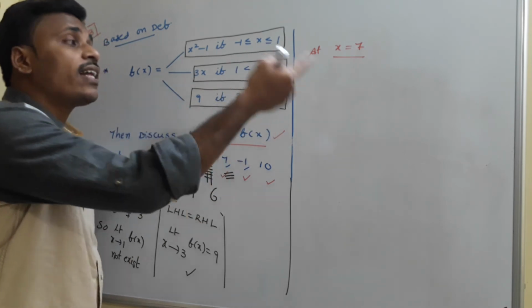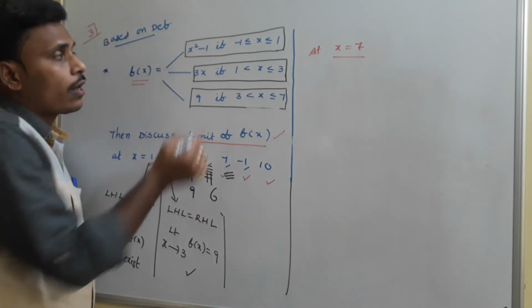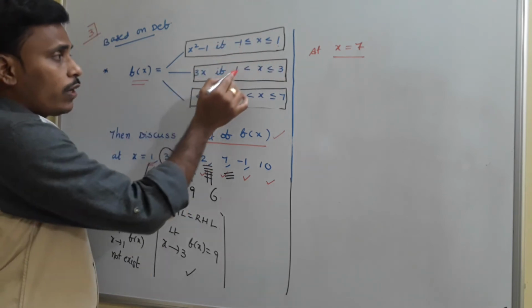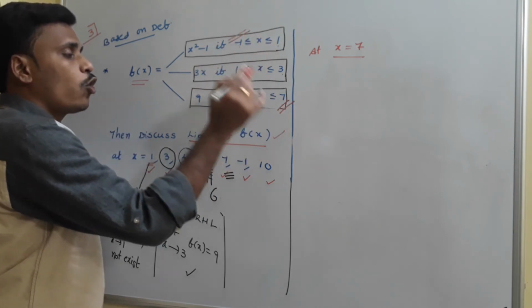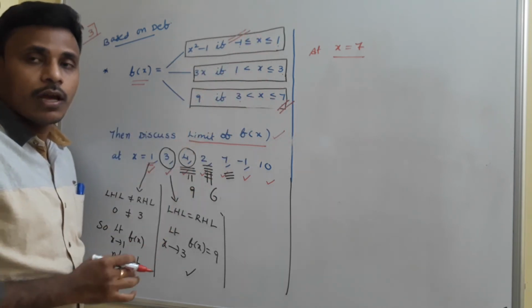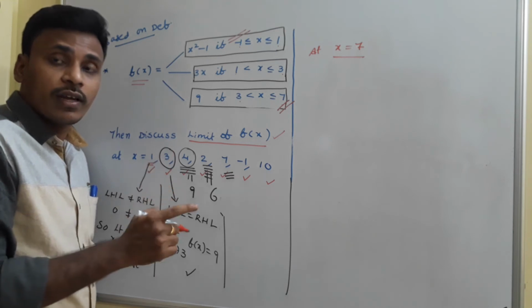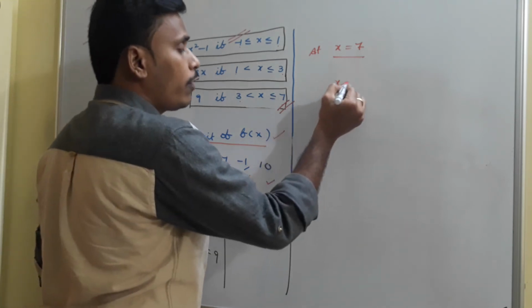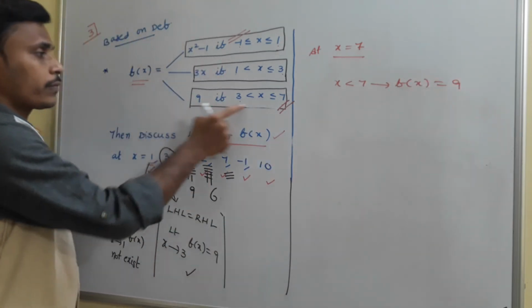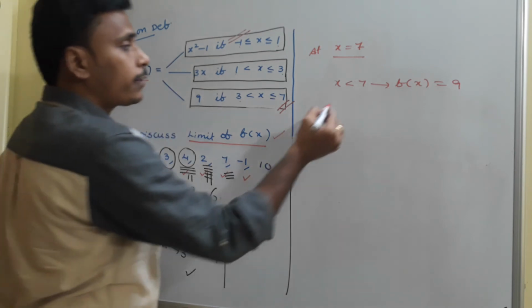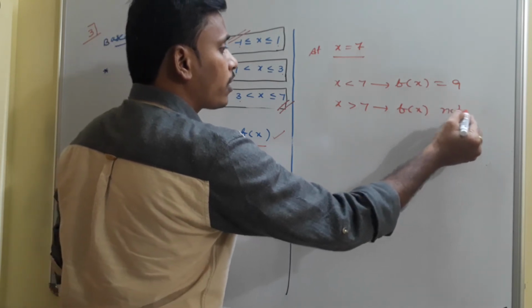If x greater than 7, after 7, what is the function? See, this particular function is given in between minus 1 and 1, in between 1 and 3, in between 3 and 7, that in the sense starting from minus 1 up to 7 only, the function definition is given. After 7, there is no definition for the function. That in the sense, before 7 and after 7, the function definition is different. If x less than 7, as per the given problem, f of x is equal to 9. But as x greater than 7, f of x does not exist. There is no definition for f of x. Is it right?